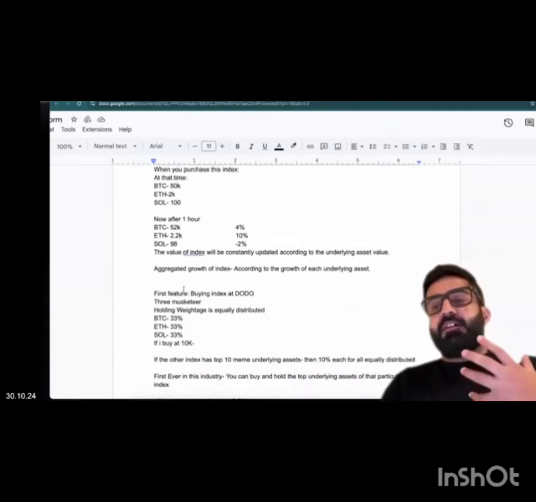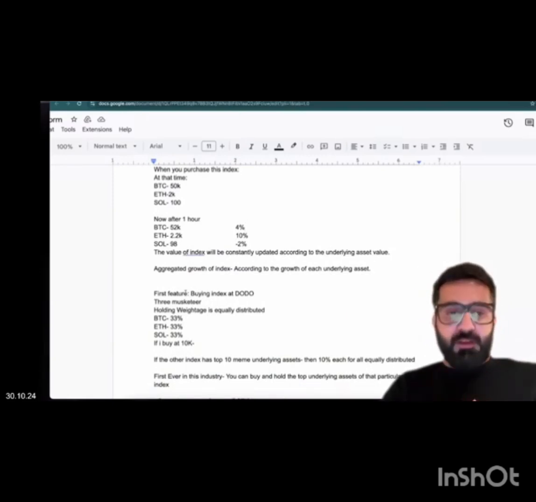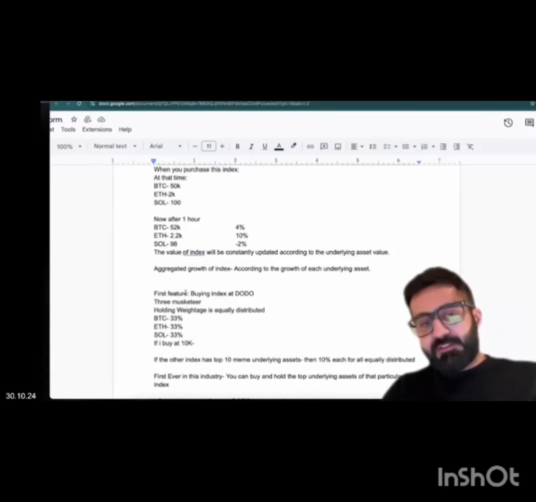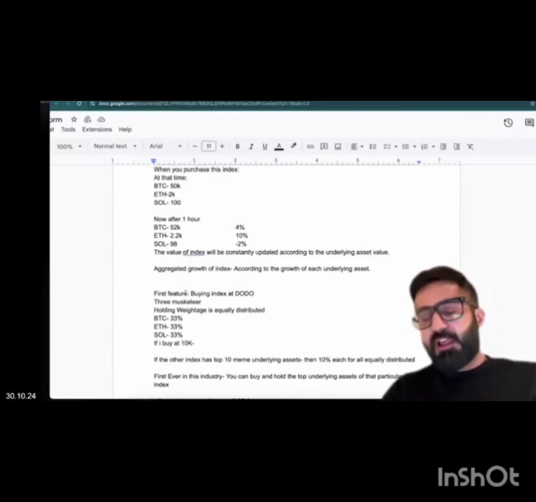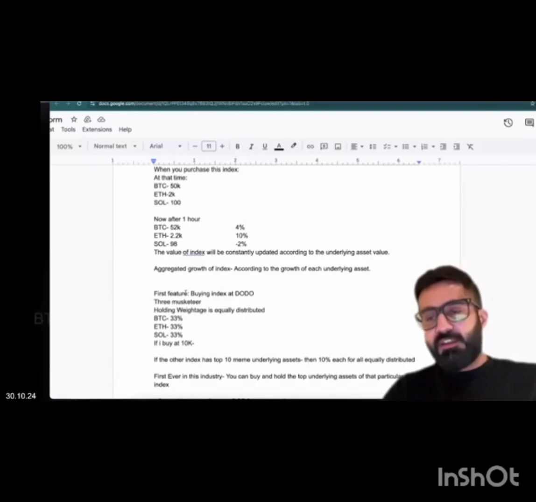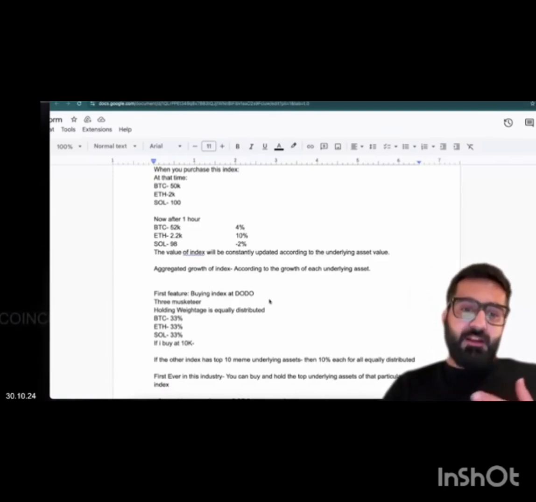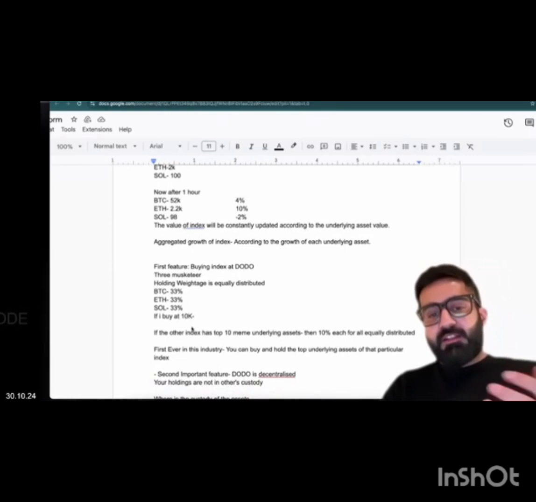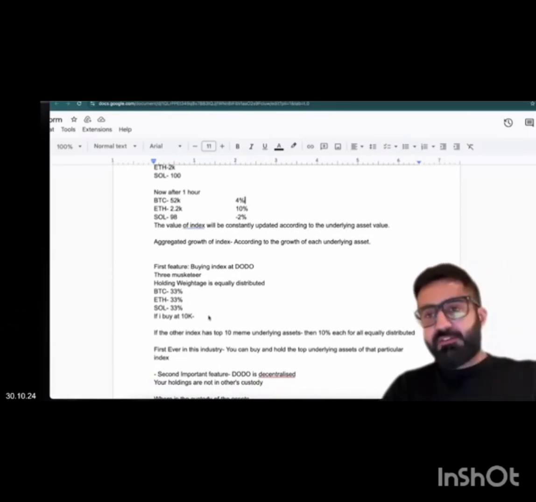Now I will start discussing the features of Dodo one by one. The first feature of Dodo is buying the index. So let's say you are buying Three Musketeers, the holding weightage is equally distributed, like I explained. If you buy Three Musketeers, 33% each, that means you are buying three assets when you buy an index. So if you buy at $10,000, you are basically buying $3,300 each,